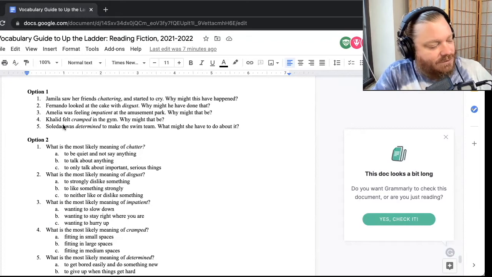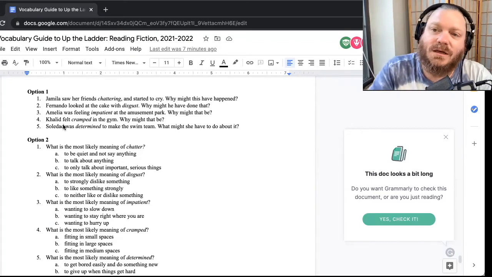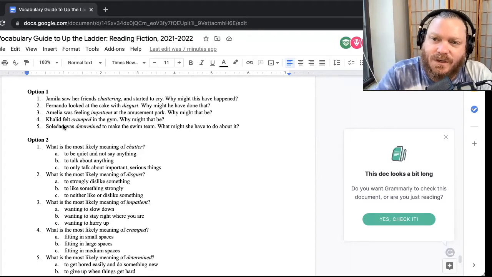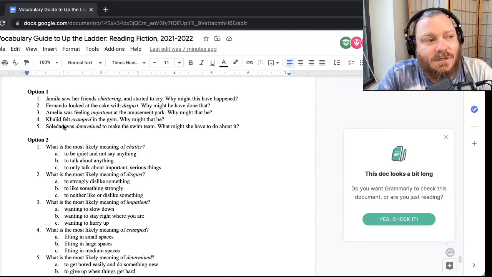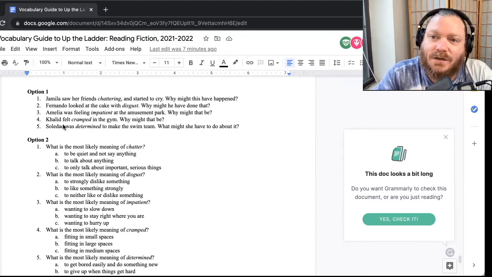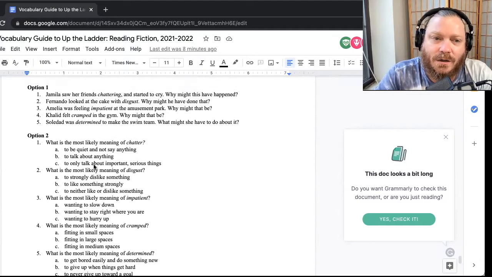Now, you, of course, could develop other assessments if you find there are other ways for kids to show what they know. Other assessments could be write a sentence and fill in the blank. Another kind of assessment could be some sort of true or false statement. True or false, this word means this. This is an example of this word, true, false. You could also say, write it in a sentence, write all the words in the paragraph. As I said, whatever you think is a way for kids to show what they know.